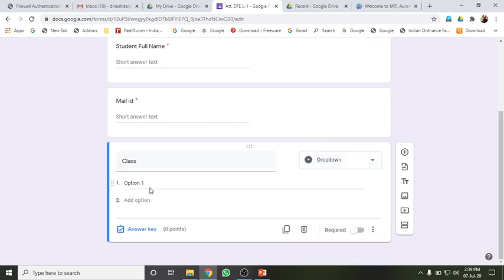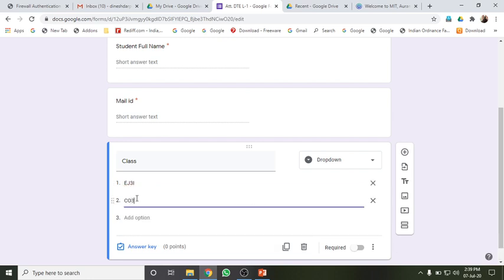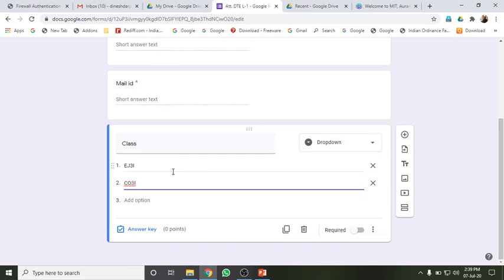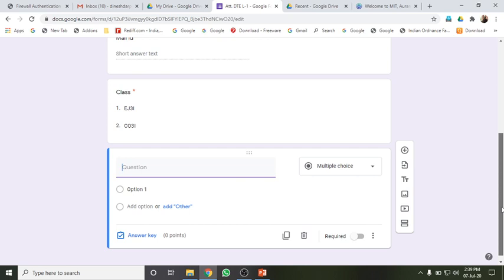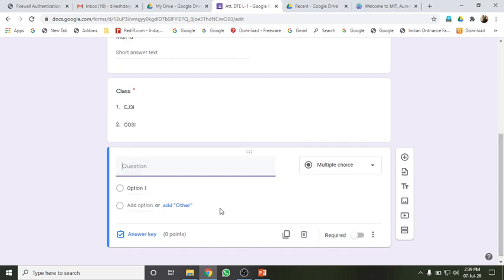Taking this drop-down, I can add EJ3I and then CO3I. So a student can click only one of these, and again I need to make this mandatory. You can go on adding the required data of the students in this way. For me this is sufficient.